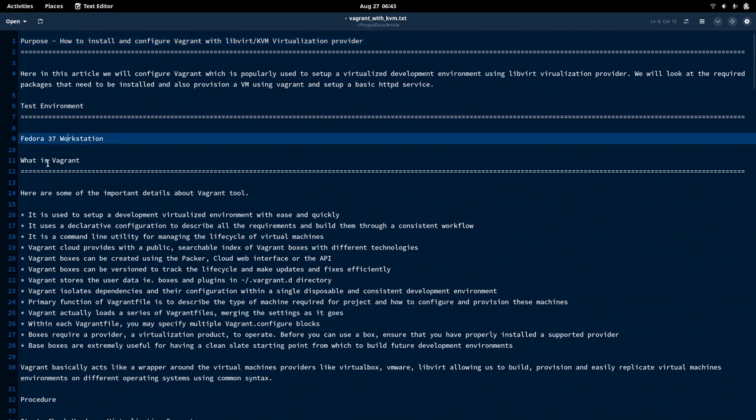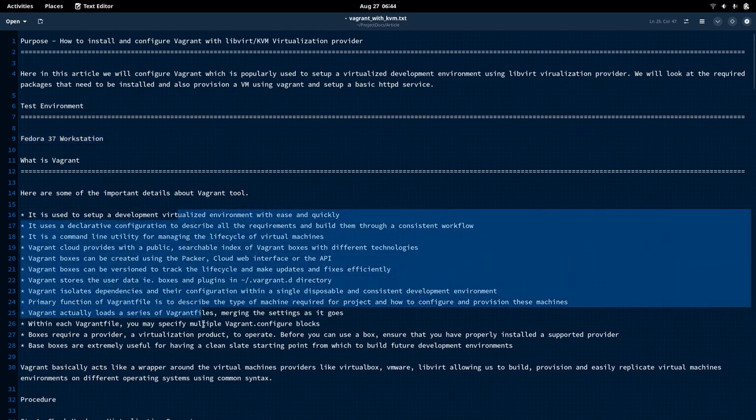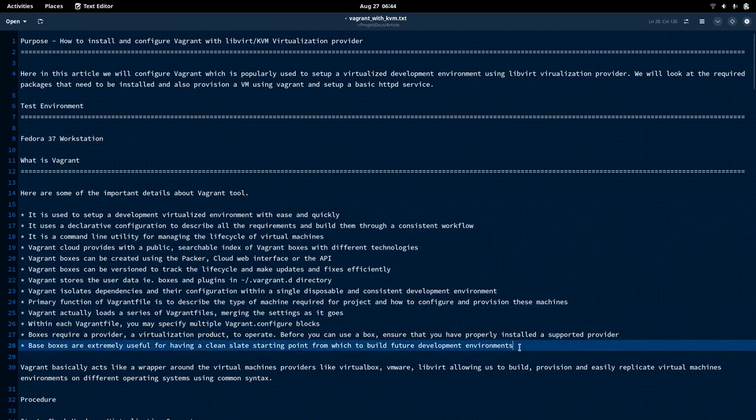Okay, so let us try to understand what is Vagrant before we try to install and use it. Okay, so here are some of the important points that I have jotted down in order to understand better what Vagrant exactly is and how we can utilize it. Okay, so as you can see, the first point, it is basically used to set up a virtualized development environment. Okay, so let me go into Vagrant